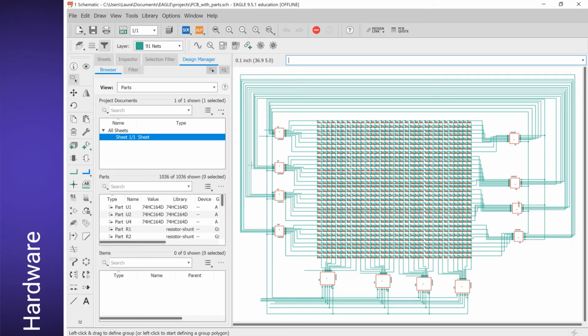Here, what you see is a schematic view of a PCB that we were going to eventually print, and it's a 32 by 32 crossbar array for the pre-trained network that we created based on the CIFAR10 dataset.